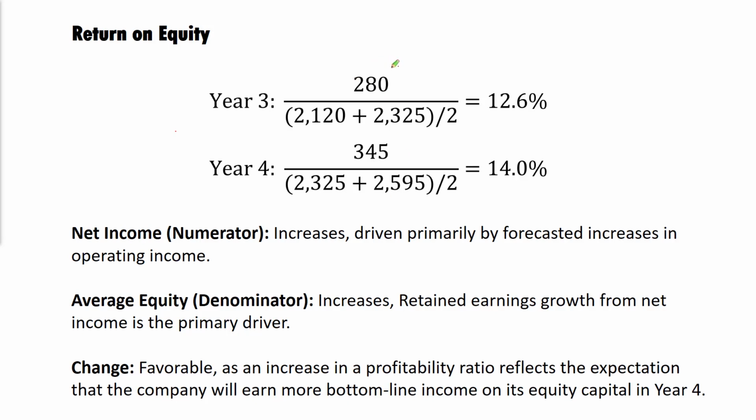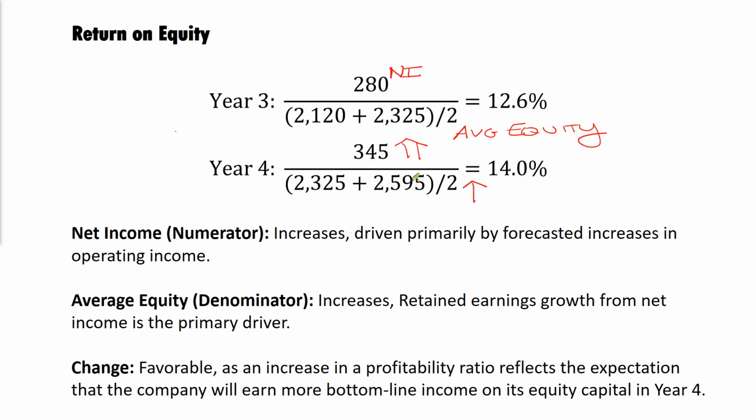Here, the numerator is going to be net income, NI, and the denominator, and here's a case where instead of using ending balances, and we saw that with some of the previous ratios where we were using ending inventory, we're using ending accounts receivable. In this case, we're going to use average equity. So we're going to take beginning plus ending and divide by 2. So what we're seeing here is that net income is expected to increase. In fact, that's going to have the dominating effect, but the equity balance is also increasing.